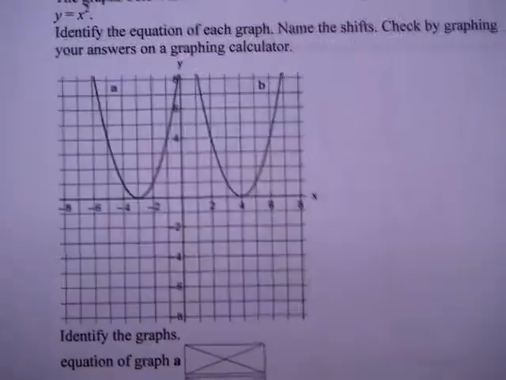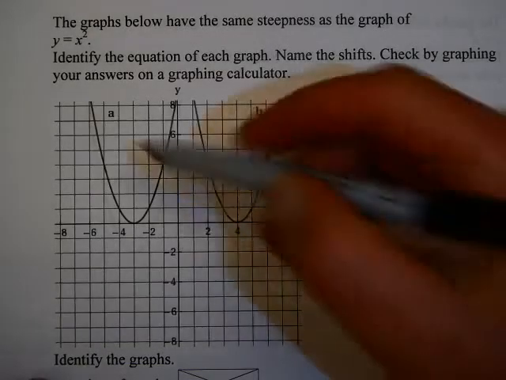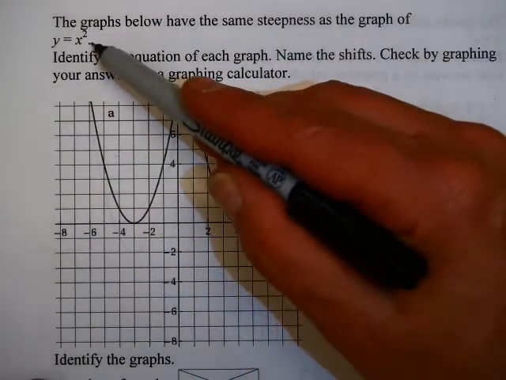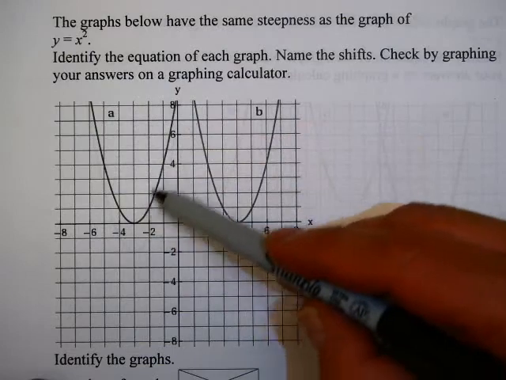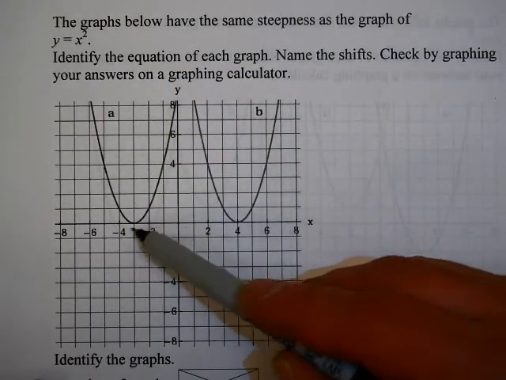Now, on your homework, you have problems like this. It says the graphs below have the same steepness as the graph of y equals x squared. Identify the equation of each graph, name the shifts, and check your answers on your graphing calculator. All right, so here's the graph of A right here. You'll notice this has the same steepness as y equals x squared, but it is shifted 1, 2, 3 units